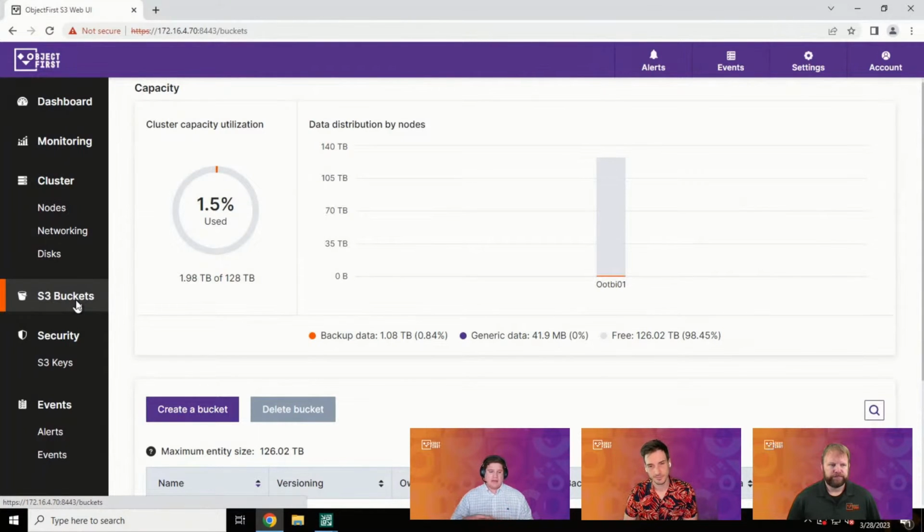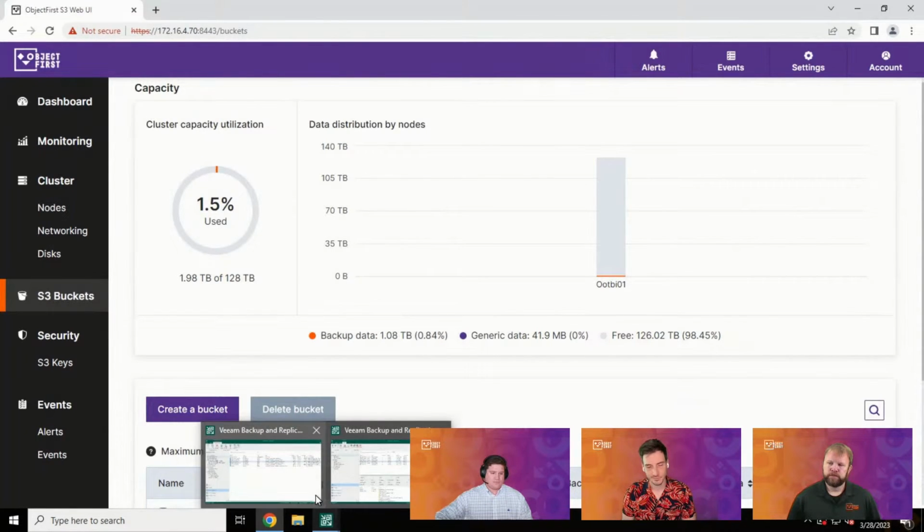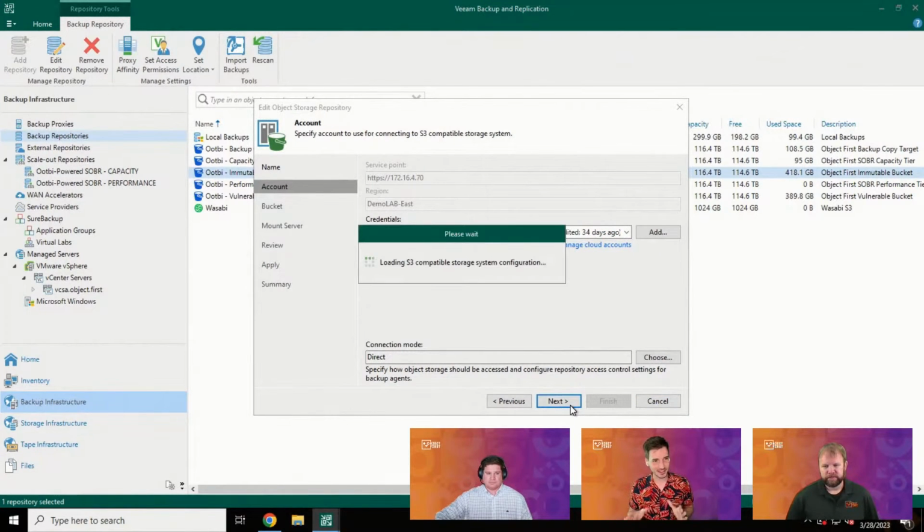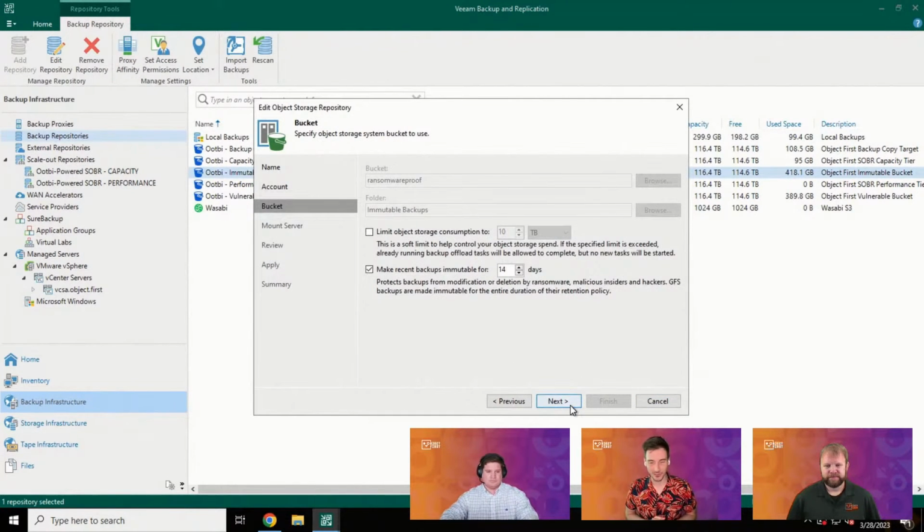We don't want to have network performance handled poorly or degraded while we do that. Exactly. I do want to make a quick point here because I know our audience, if you're looking at Object First UPI or if you're a super experienced user of backup software, I think it's important to note